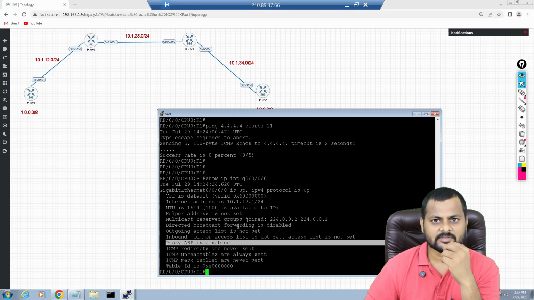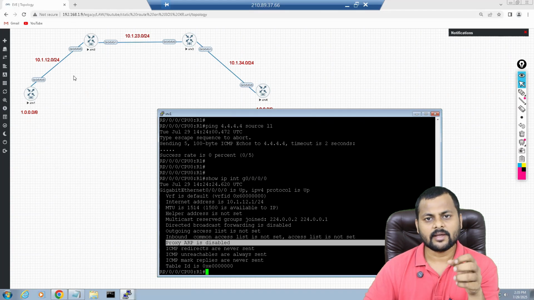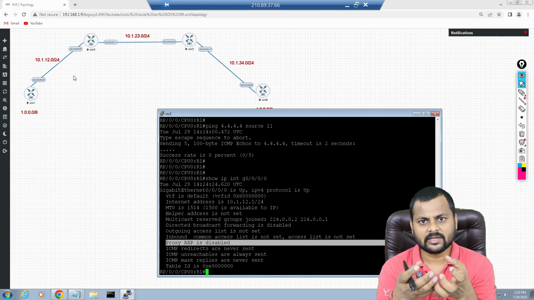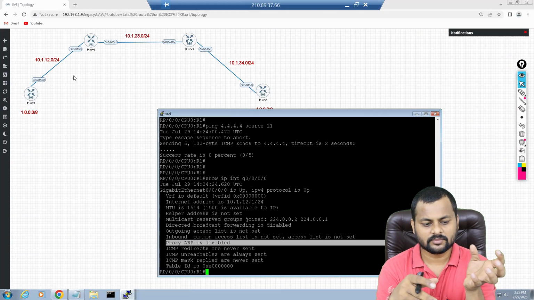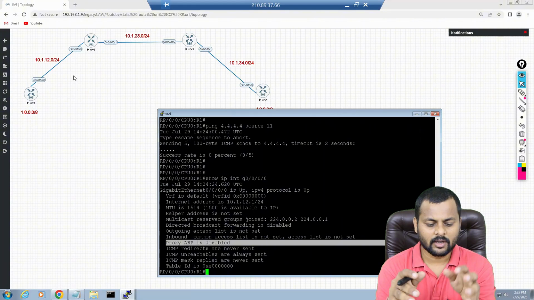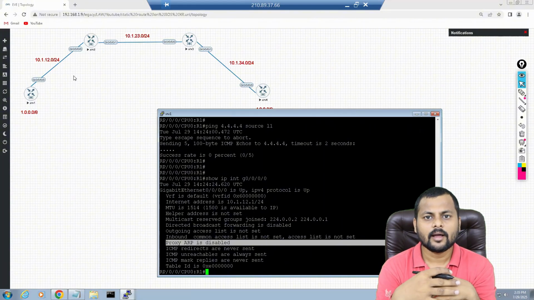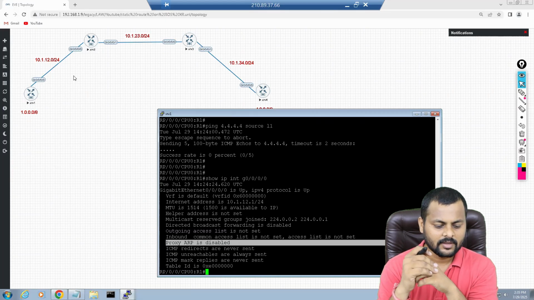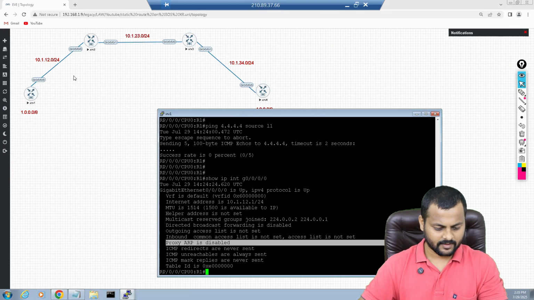If the proxy ARP is disabled, then it's not going to work. Exit interface requires the proxy ARP concept. If you want to know more detail of why the proxy ARP is needed for the static route, I recommend you check the IOS videos, where I have explained properly the need of proxy ARP in the case of the static route with the exit interface.